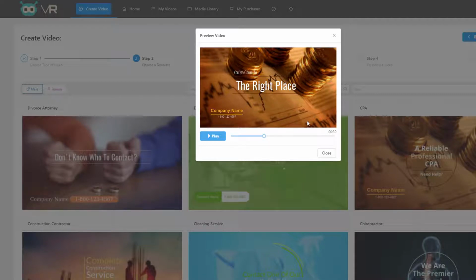And on top of that, you're not confined to the actual video being the same way as it is here. You can add additional text towards the end or towards the beginning. You can do whatever you want. Full flexibility on editing this template, right? And on top of that,